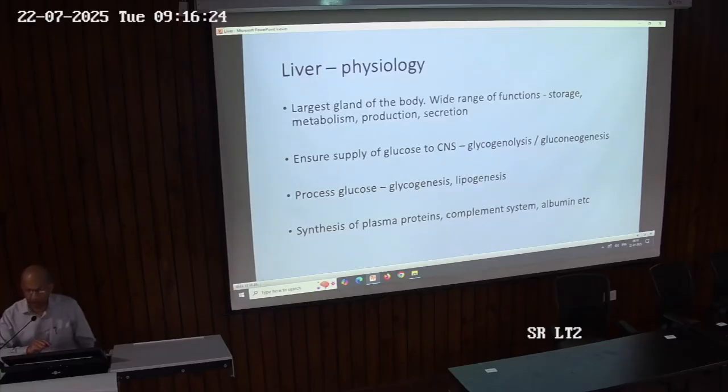glycogen stored in them. And why does the body store glycogen? Because in phases of fasting or starvation, this glycogen is broken down to release glucose. And why is that required? Because there are certain obligate glucose users in the body, especially the central nervous system. So, for providing glucose to the obligate glucose users like the central nervous system, glycogen is stored,